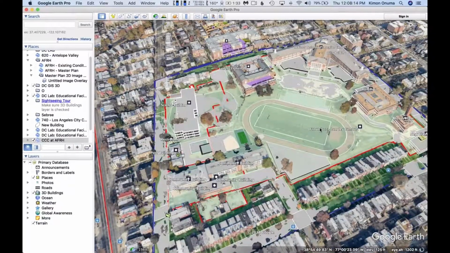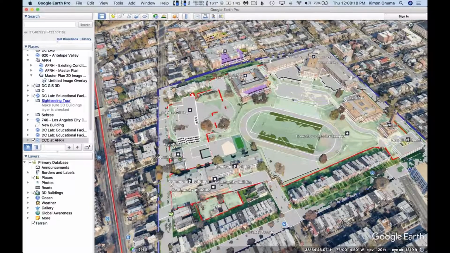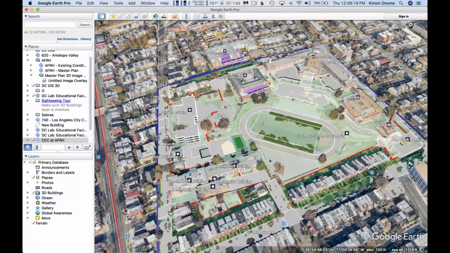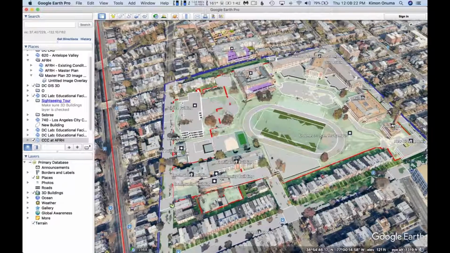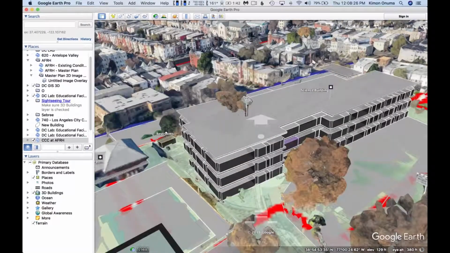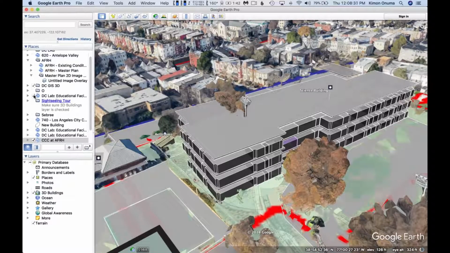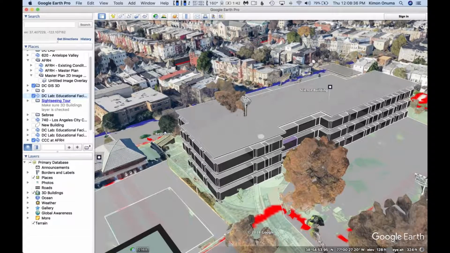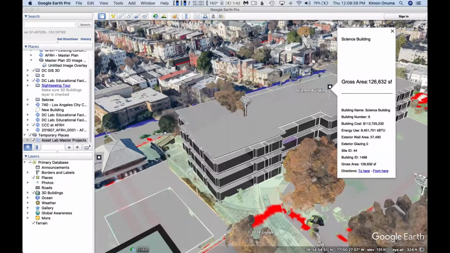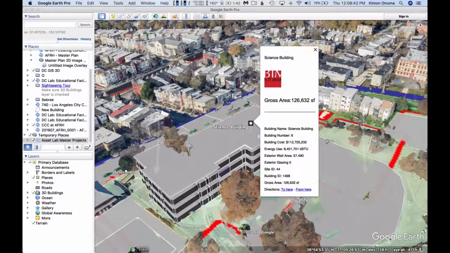And the property lines that you're seeing here did not come from Google Earth. These came from the DC government GIS server. So it's a mashup of a lot of different sources of information, including these planning exercises that we did of putting in a new building on the site. What is a new building going to look like on this site? As we start doing these planning exercises of, does it fit or not, and how much is it going to cost, and how do we deal with these existing assets, as well as planning for new assets that are coming online.